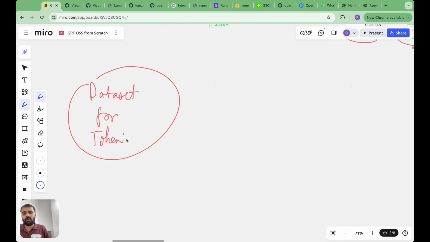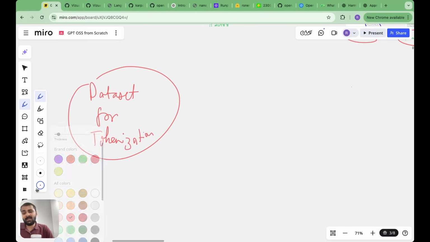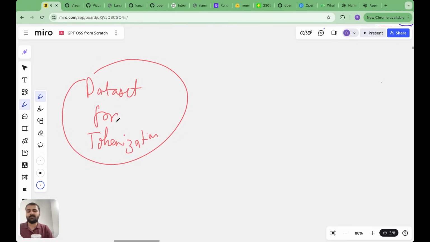And people rarely talk about this because it's not that cool, right? Pre-training is cool, inference is cool, but no one talks about tokenization. I believe there is a lot of scope for research in this field. So you start with the dataset for tokenization, like GPT-OSS would have done, then they apply the byte pair encoding algorithm on this, and then they get their final vocabulary,